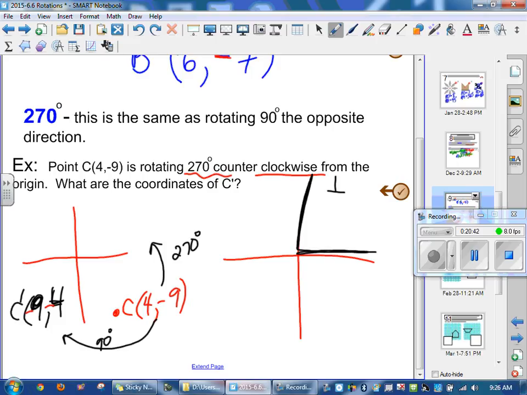180 degrees is always the opposite. So this is quadrant 3. He's going to be negative, negative. Opposite signs completely. Okay? Now remember, you're going with x first and then y. X first, then y. If we go to the other quadrants, these ones here, quadrant 2, if I'm going this